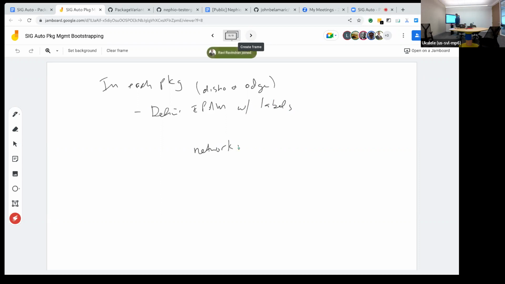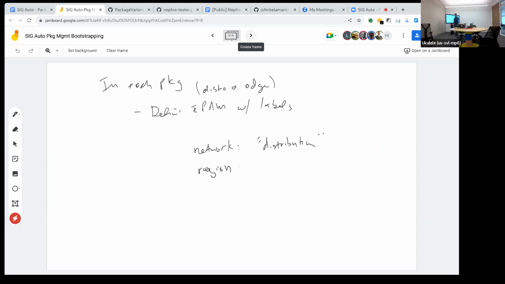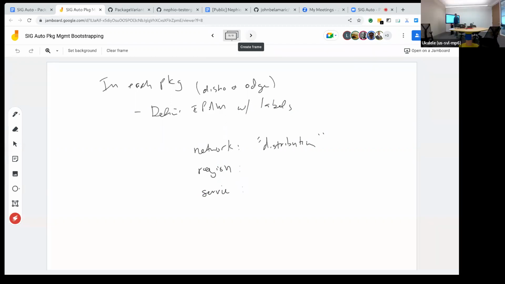Network instance or network is distribution. The network instance is just the VPN, it's just how they get connected, but all the rest of the labels are opaque. You can use whatever you want. Region, and service. And service we'll just say DNS. It might need to say something like distribution DNS. We might need to be a little more qualified than that.